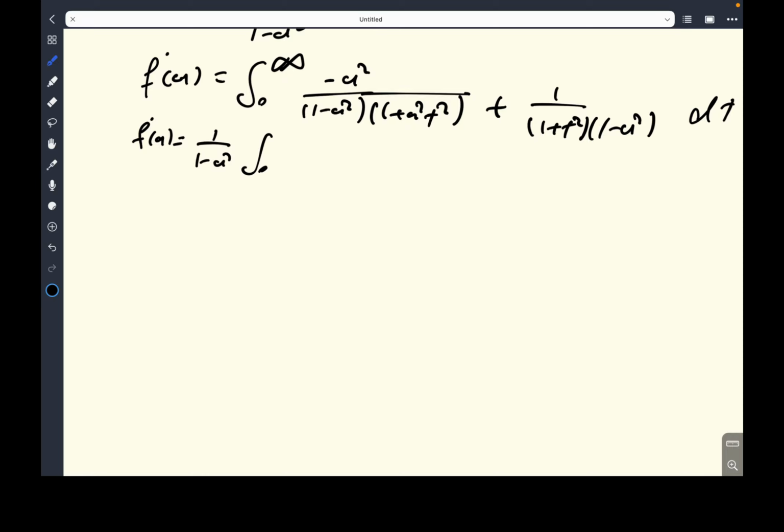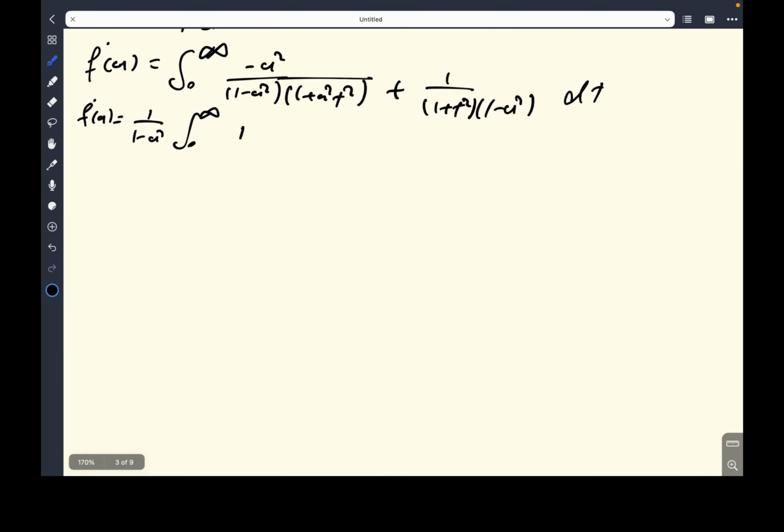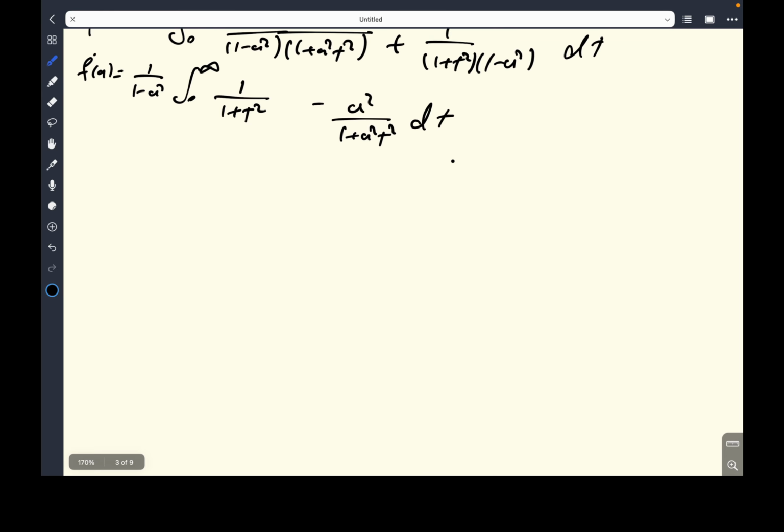So my f prime of a, I can factor out this 1 over 1 minus a squared, and the integral is going to be 0 to infinity of 1 over 1 plus t squared minus a squared over 1 minus a squared, 1 plus a squared t squared dt. And if I integrate both sides of this equation,